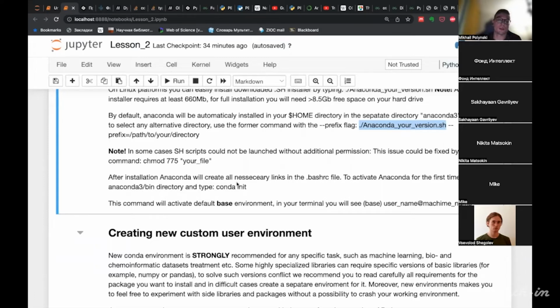Here I suggest you change permissions by the command chmod 775. However, be warned that this might not be optimal from the security point of view.